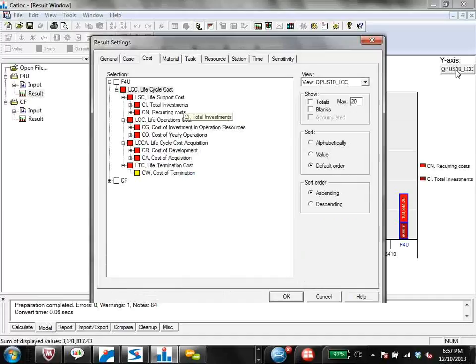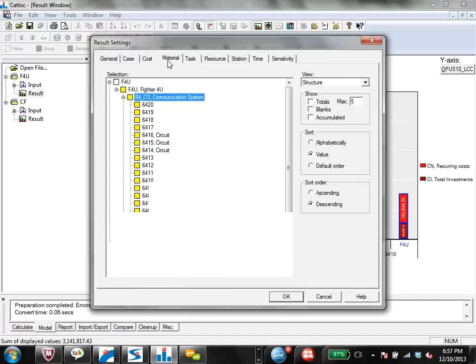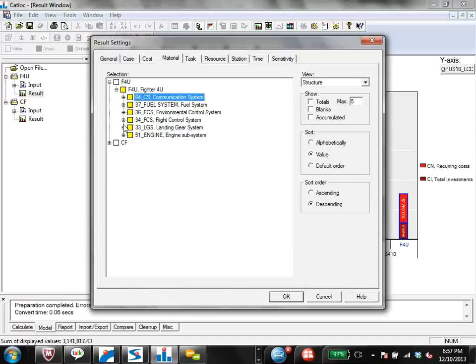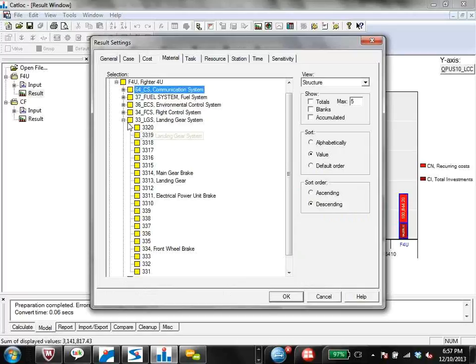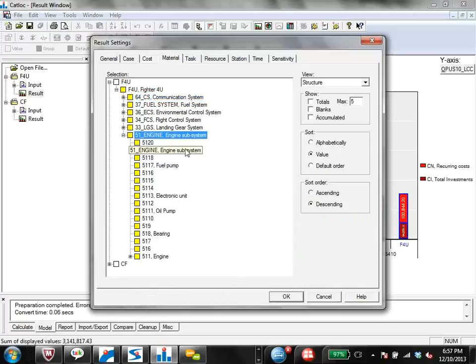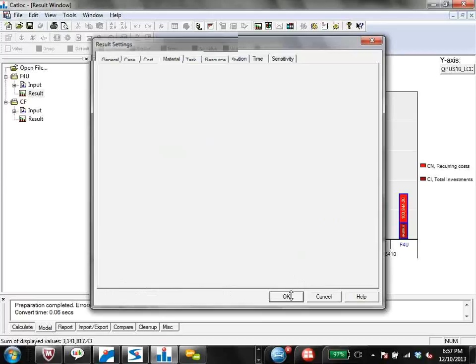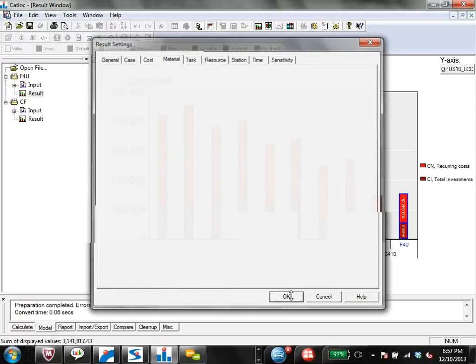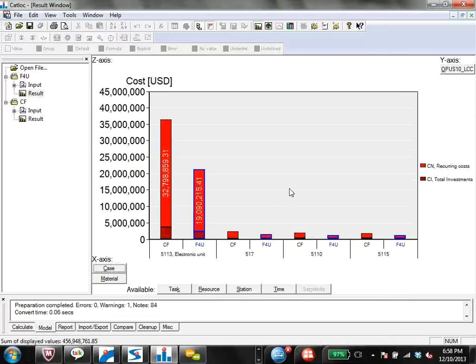Maybe if somebody's interested in, let's say, the landing gear, actually we knew the engine's the real driver, right? So we can look at that. We can look at the top 5 drivers from an engine perspective. Maybe we don't want to look at the actual LRU of the engine, but maybe some of the SRUs and LRUs within that system. And we can do some cost comparison of some of these different solutions. Going back to the overarching results,